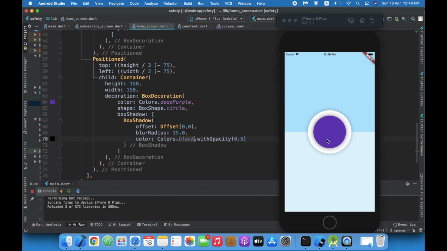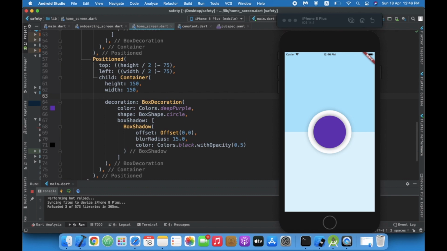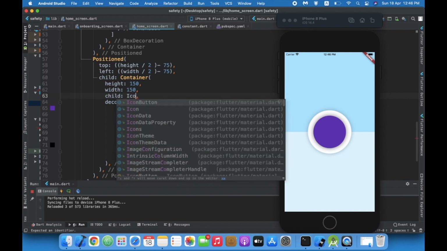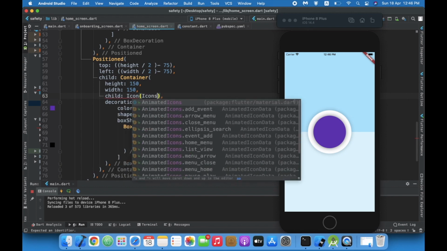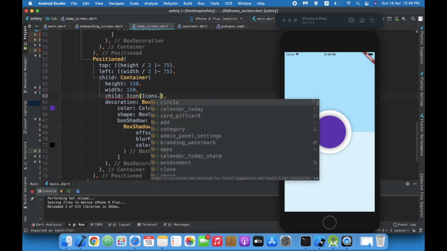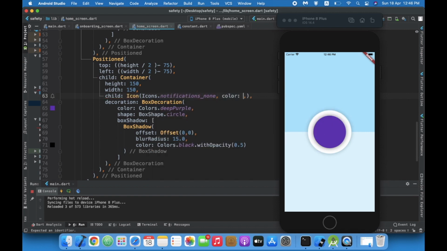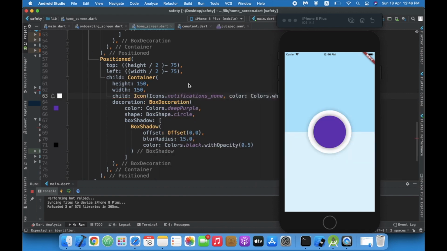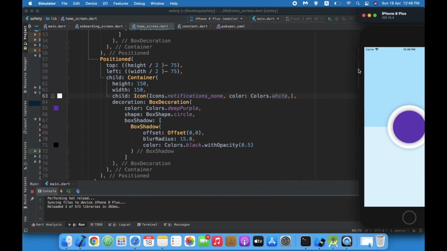Okay, now inside this container I'm going to take a child of icons dot notification, colors dot white, and I'll give size 50.